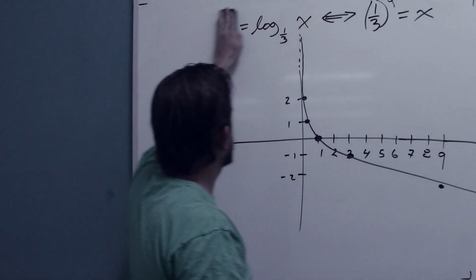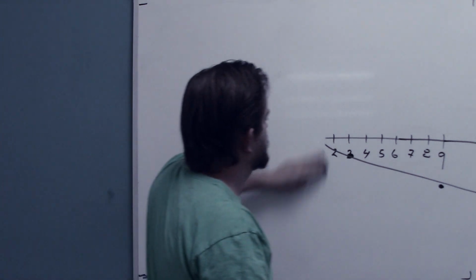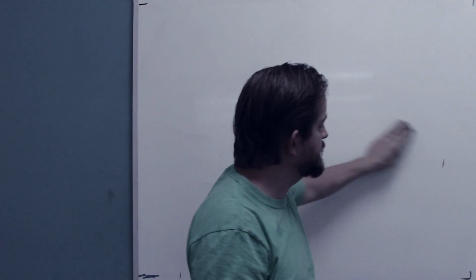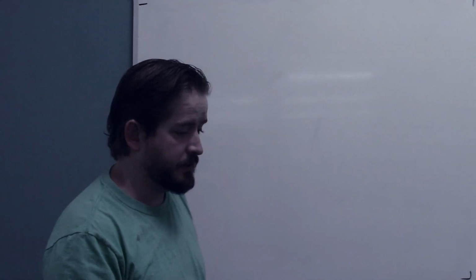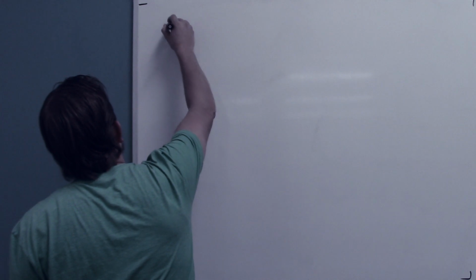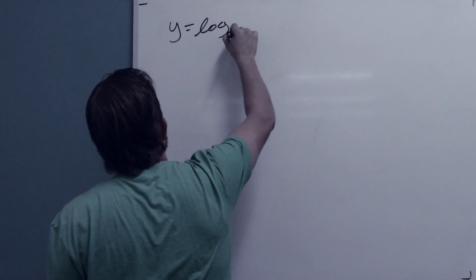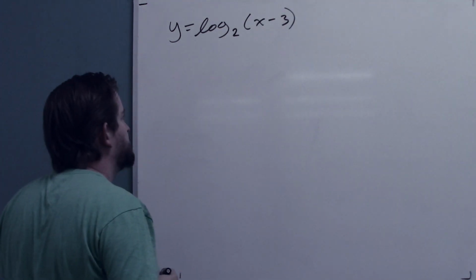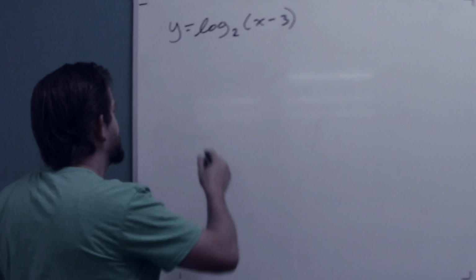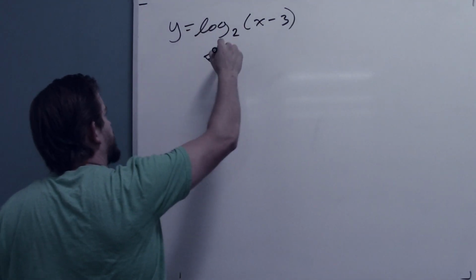So these graphs have all been fairly basic, meaning that there's no shifts in them, but we can see things that get shifted. For example, I might be asked to graph y equals log base 2 of x minus 3. So to rewrite this as an exponential, I would write this as 2 to the y